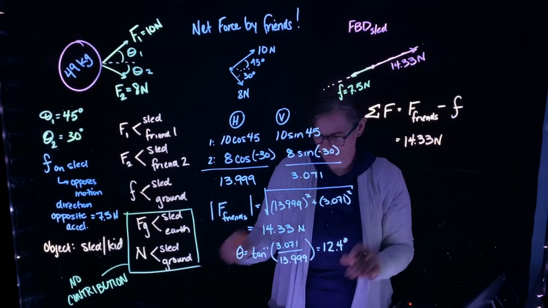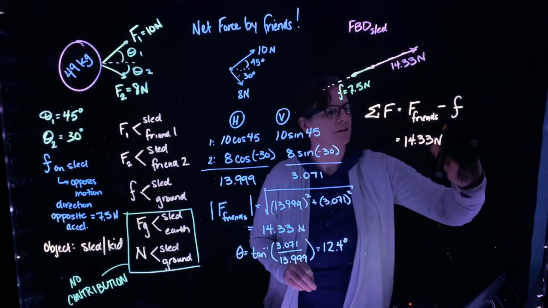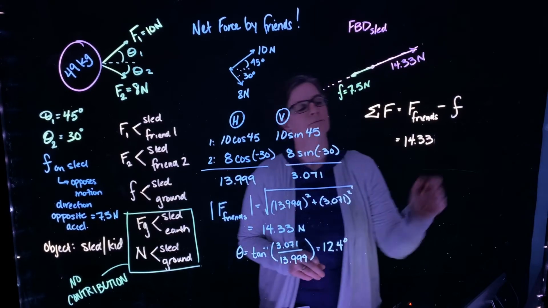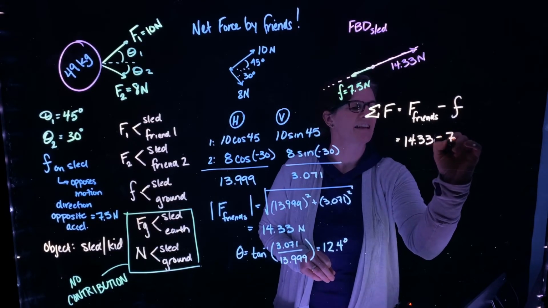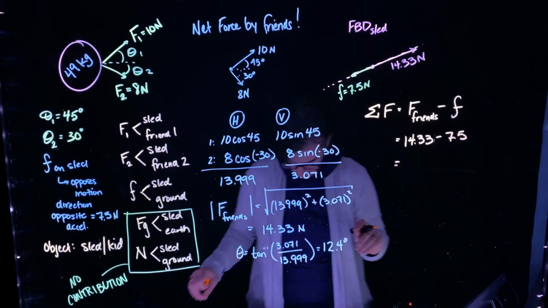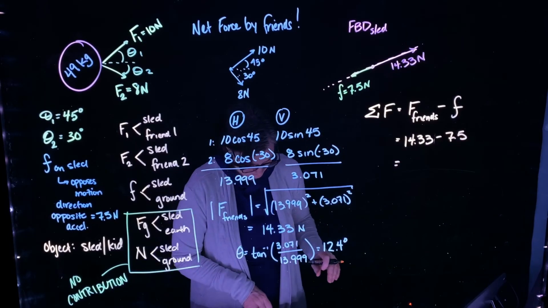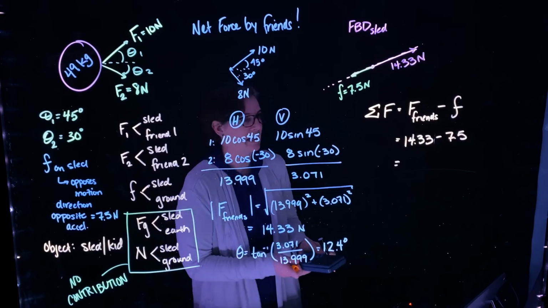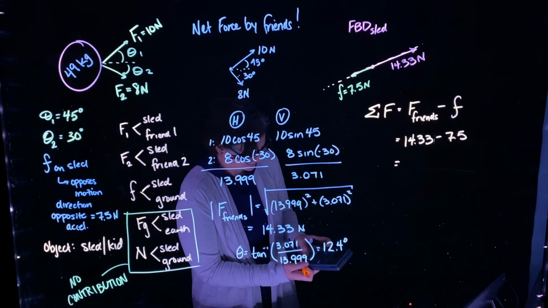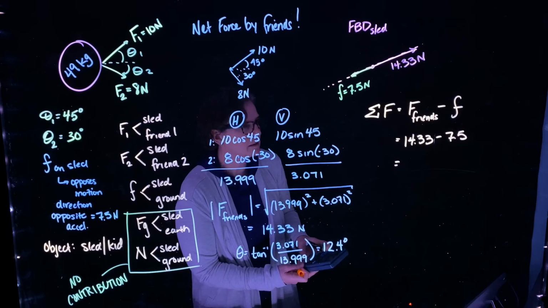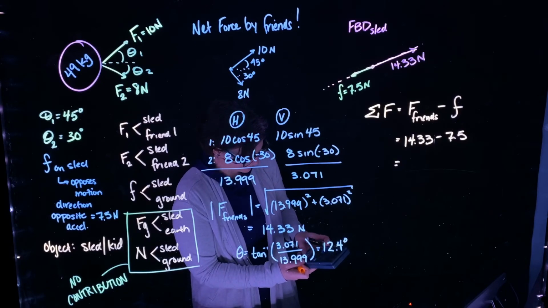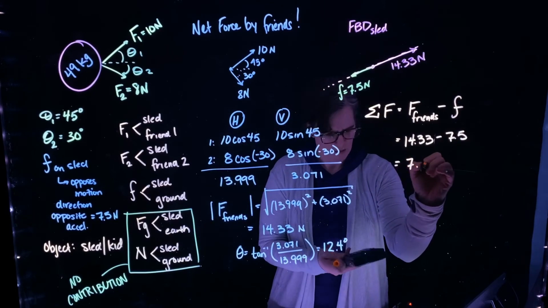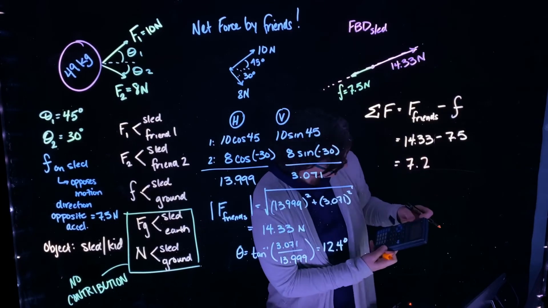I don't like putting units in my math equation. It gets too complicated. Minus the 7.5, and we get a net force of 7.28